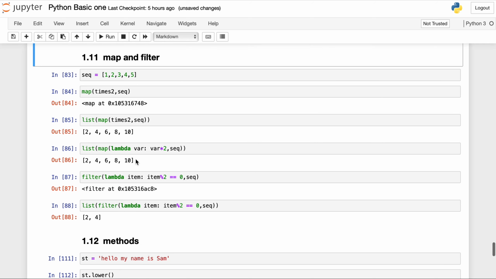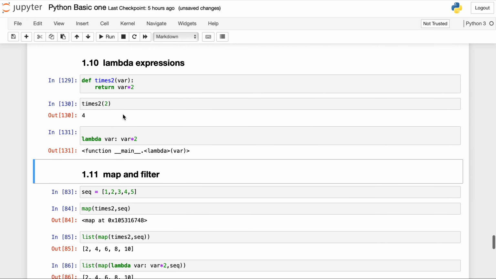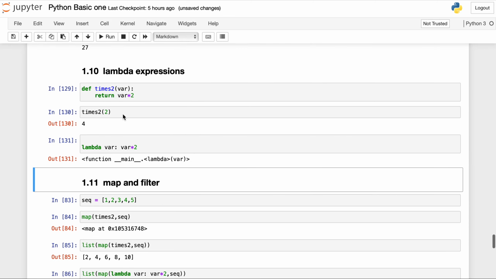Now next comes map and filter. So map is kind of a sequence. Suppose I have one array 1 2 3 4 5, and you can do map of times 2 of sequence. So times 2 will hold my values, and sequence is my array.